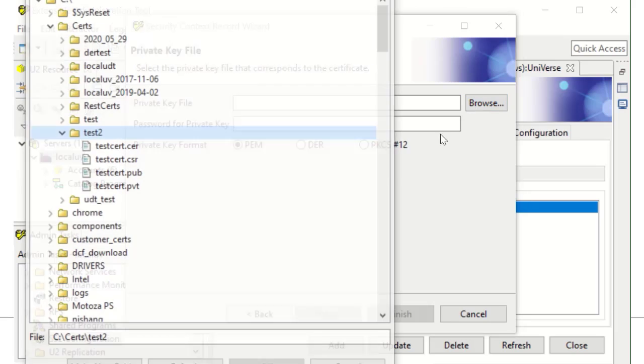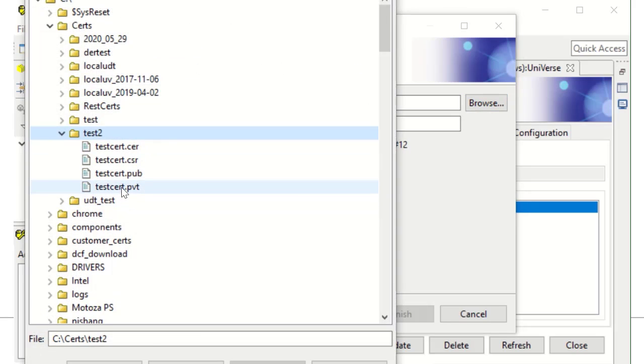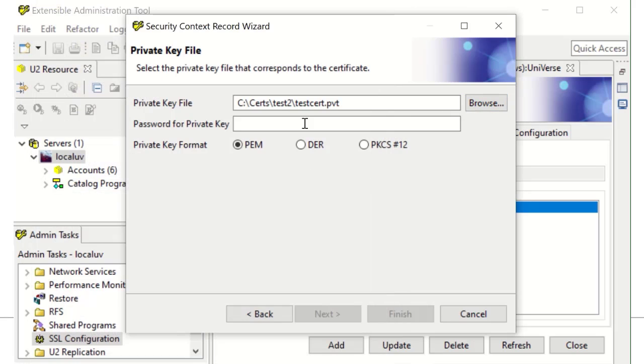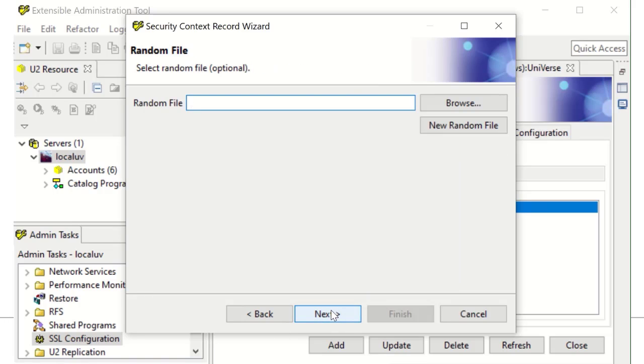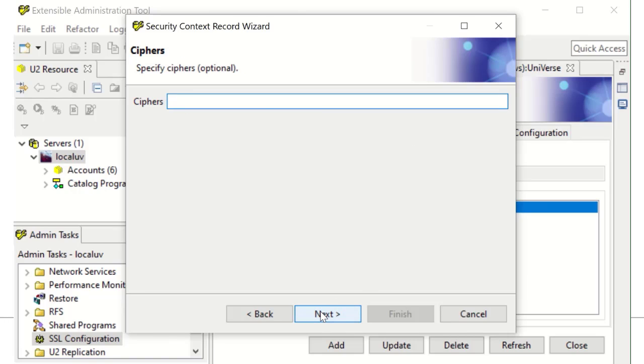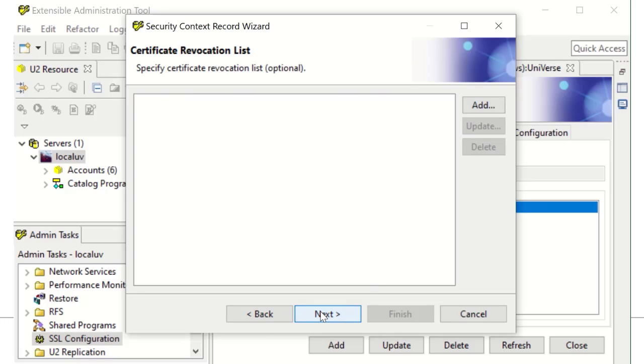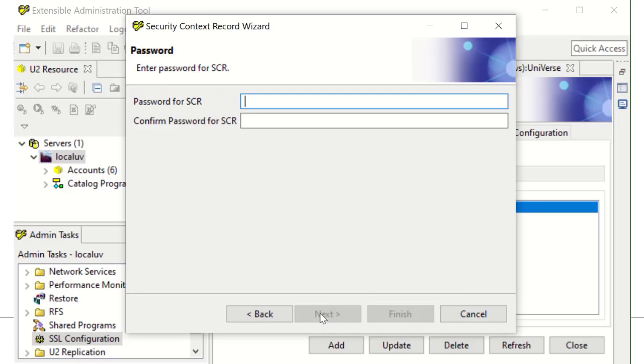Now we select the private key that went with that, so our .pvt file, and enter the password we set on that. Again, that's PEM format. Next. Nothing here, this is optional. Again, optional, this will actually be created automatically. Optional. Optional. And now we add a password to the actual security context record, since this is an encrypted record